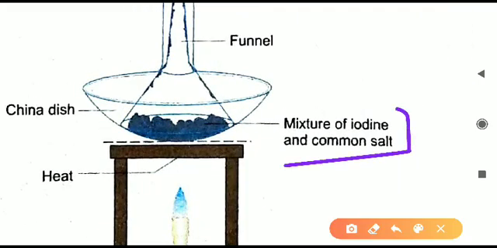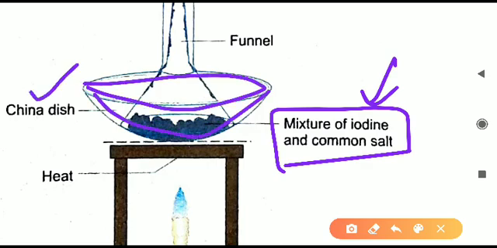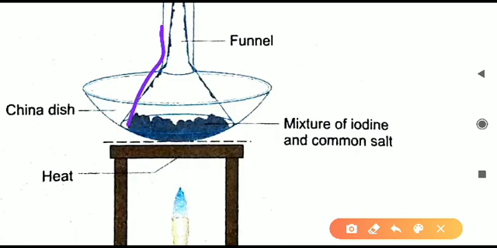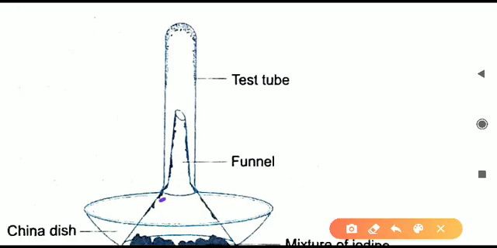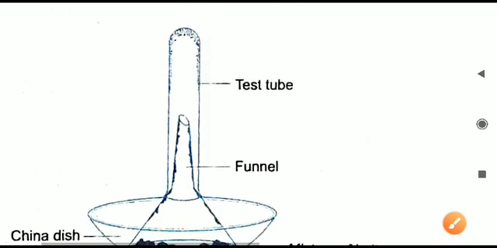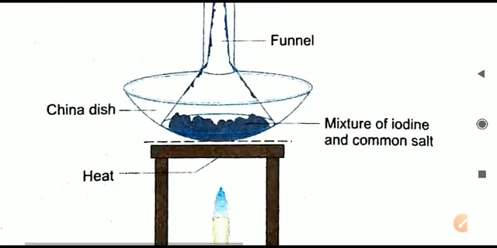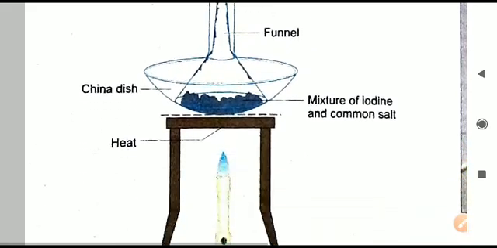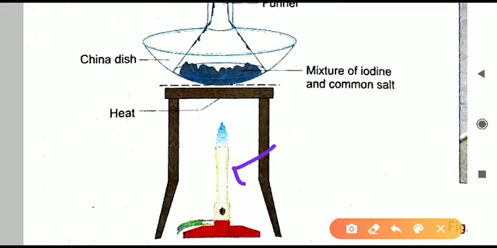So we will take that mixture, here in this example, iodine and common salt. Iodine and common salt, how will we separate them? We will take them both in a china dish. Here you can see this is the china dish, the container in which they are kept, and on the upper side we have taken a funnel and covered it, and at the top of the funnel we are keeping a test tube. Otherwise we can place cotton also here. We have to just cover it so that nothing will escape into the air. So this is how we have closed it using the test tube. And below, we have the burner, and we are heating the mixture using the burner.